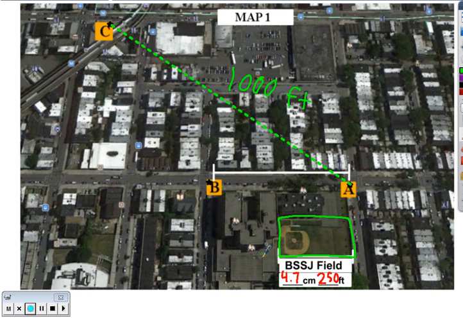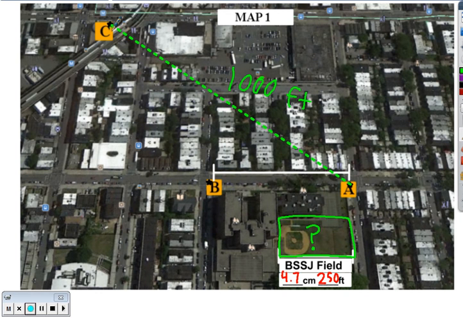So my question for you right now is, how many of these BSSJ fields would we have to walk if we wanted to walk from BSSJ all the way to Myrtle Wyckoff, which many of you do on a daily basis? I know I have done that plenty of times. So how many of these fields will we have to walk? And the answer is we would have to walk about 4 of those BSSJ fields, because if we walk 4 of them, first we'd be walking 250, that's 1 of the fields, another 250, that's 2 of the fields, another 250, that would be 3 of the fields, so right now we're at 750,